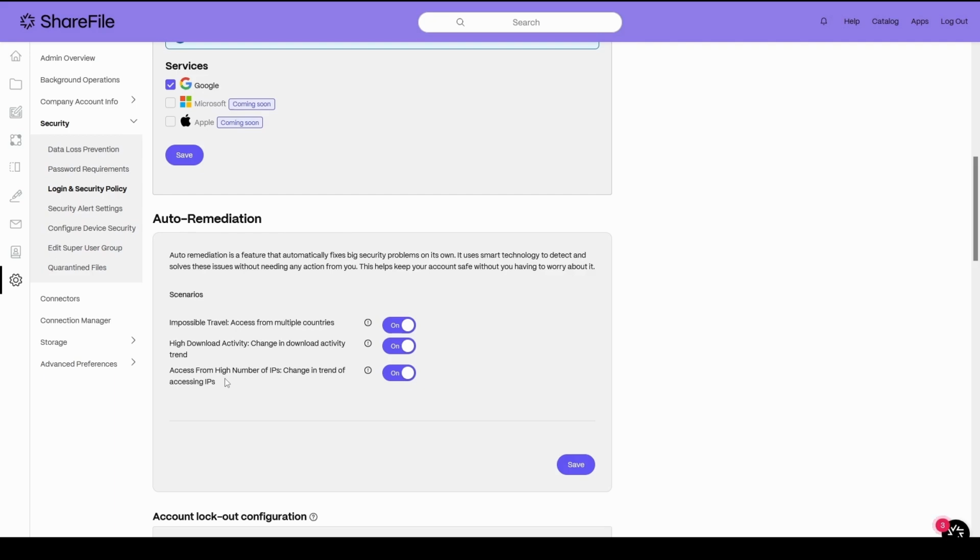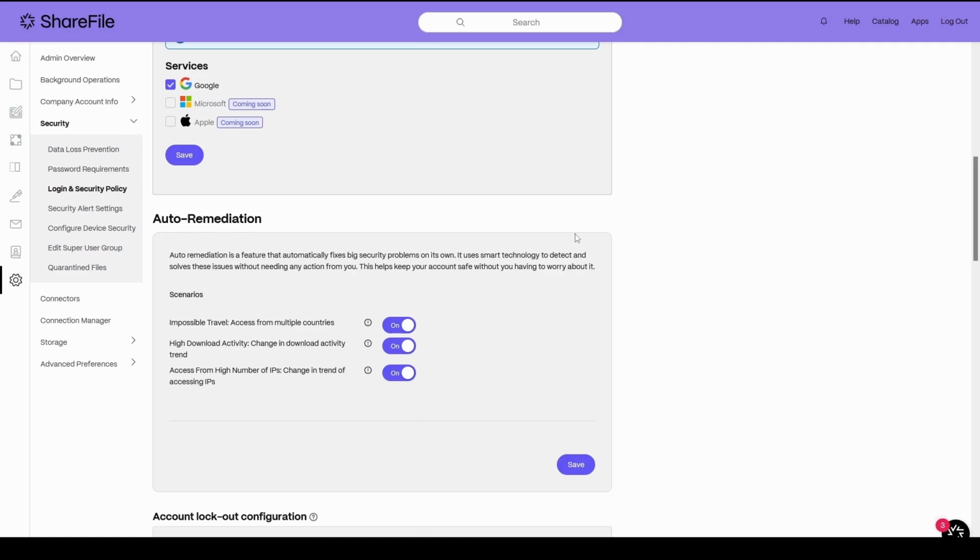We're just monitoring the number of IPs each user is connecting from, and if that number shoots up, then we can have auto remediation stop it. These are just things that you would turn on, and in the event that one of these things happens, you'll get an alert, but you don't have to